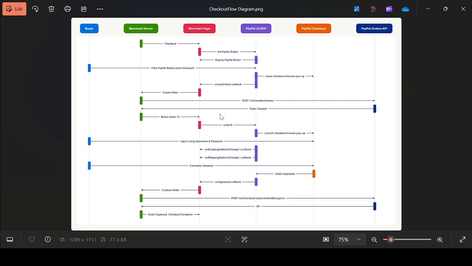Then PayPal responds as order created. Then the merchant, taking the order ID received from PayPal, shares it with its application, and then pay,